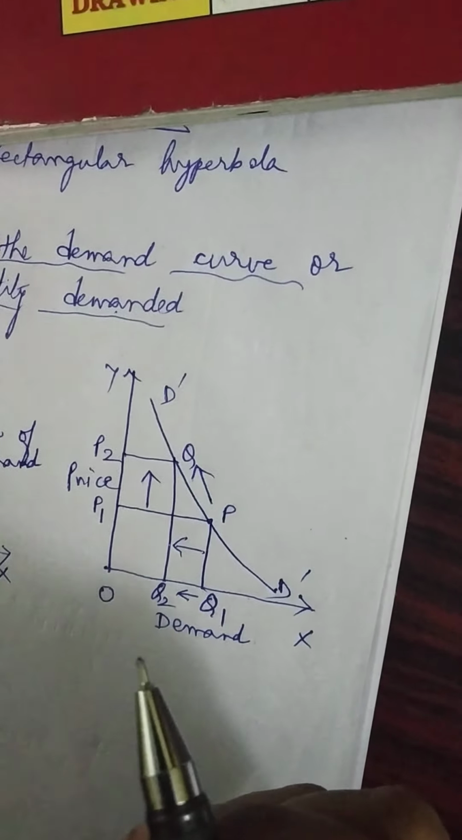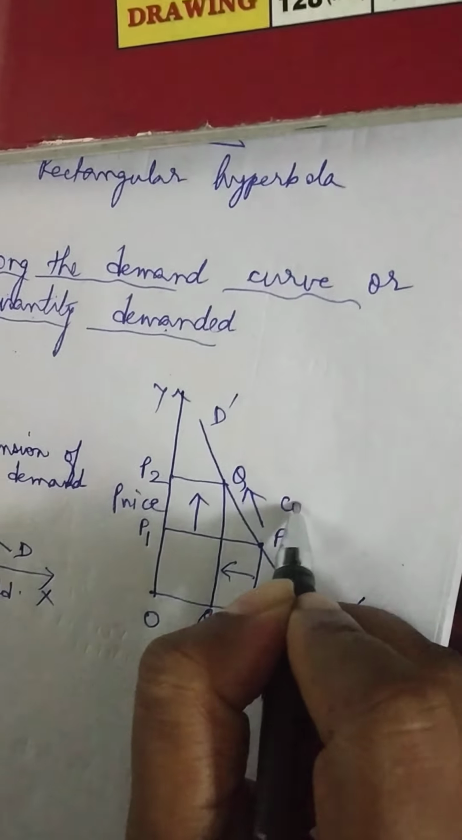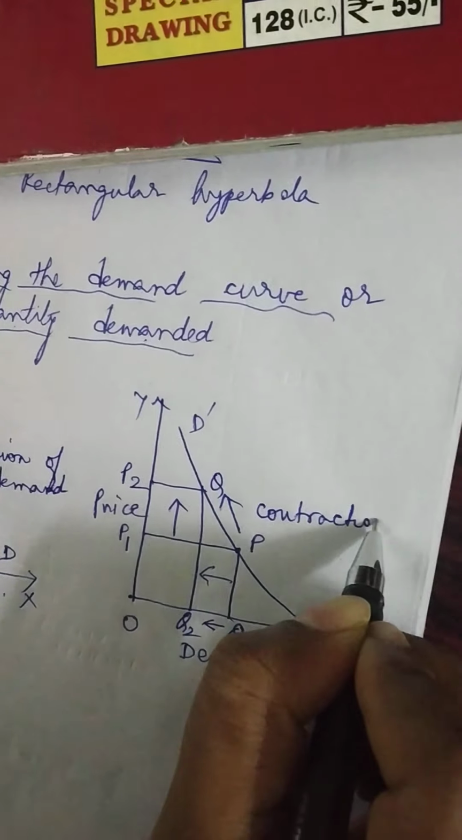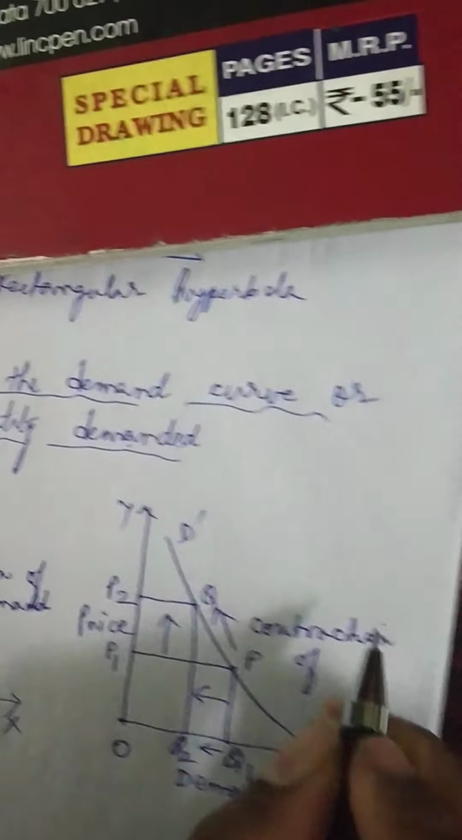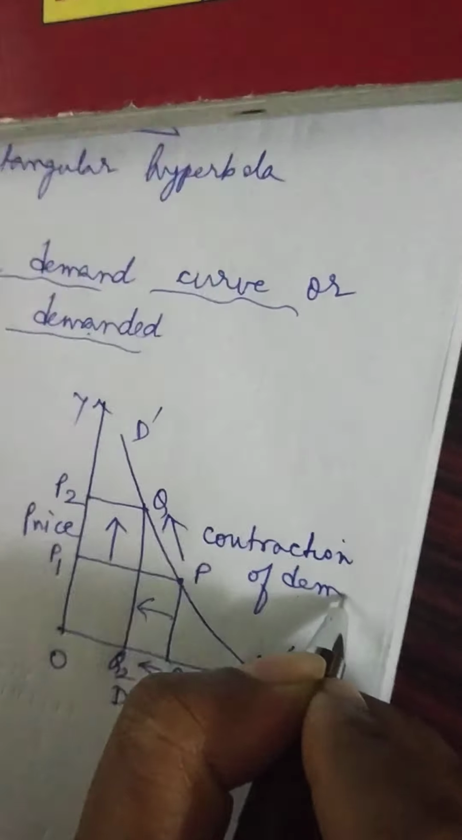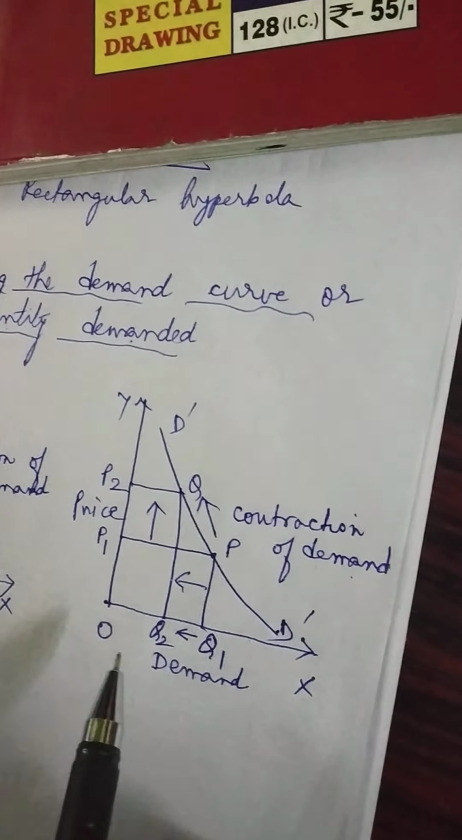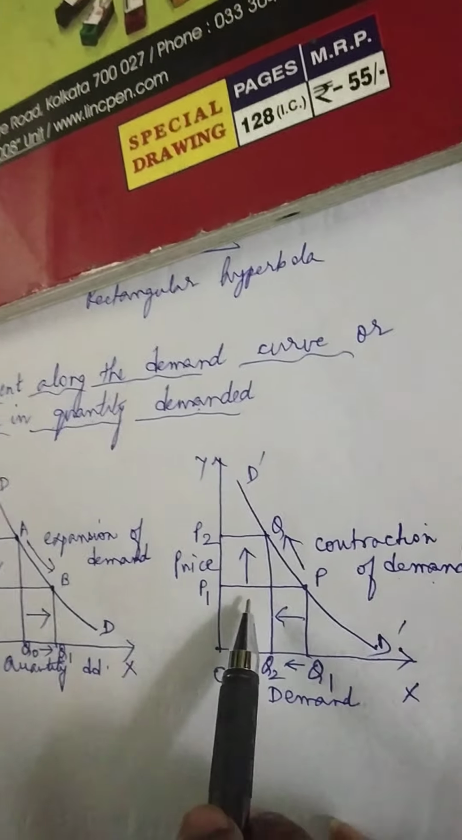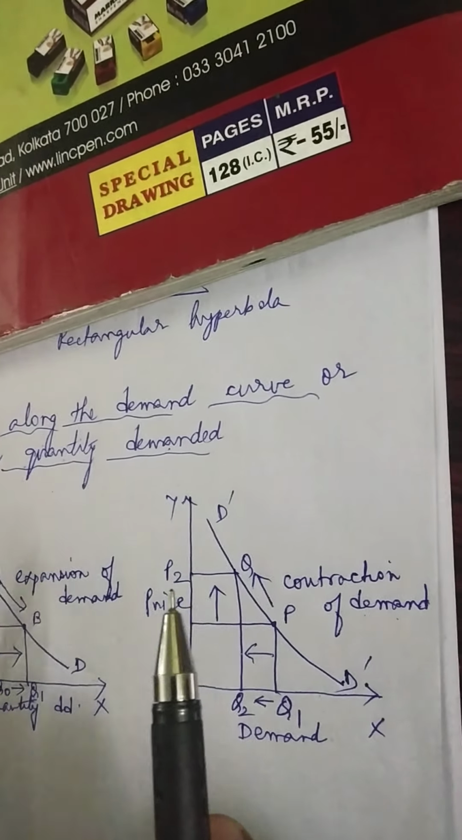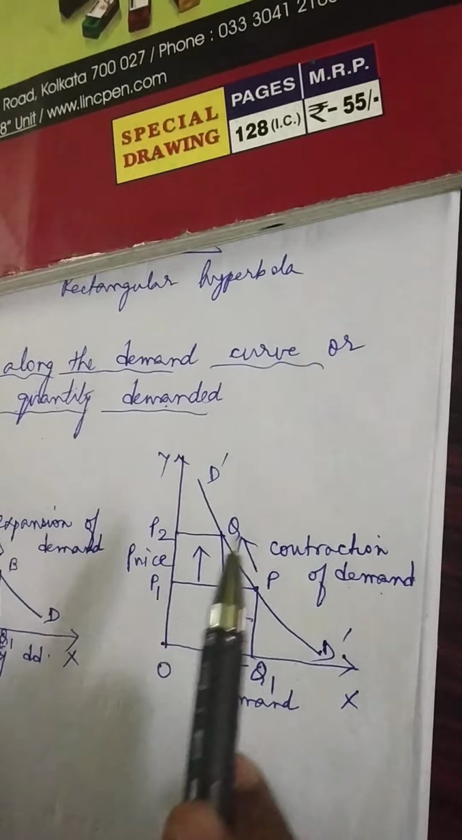So this is called contraction of demand. So here quantity demanded has fallen due to increase in the price, but other factors affecting